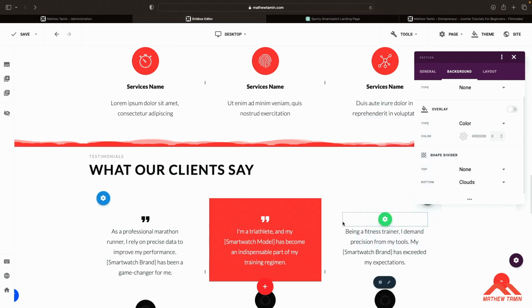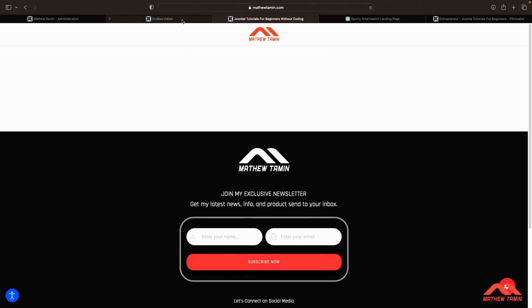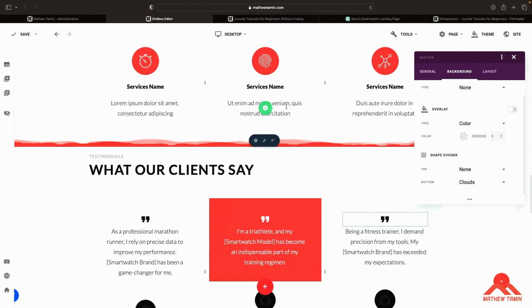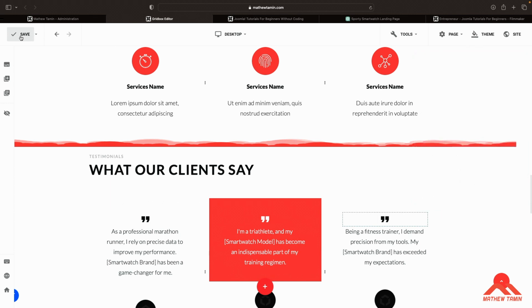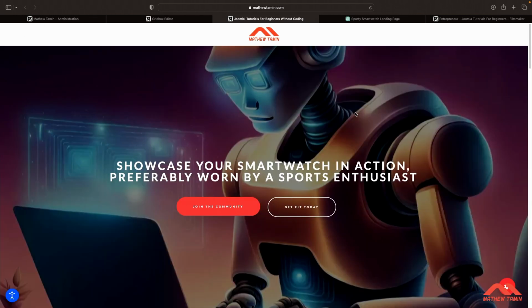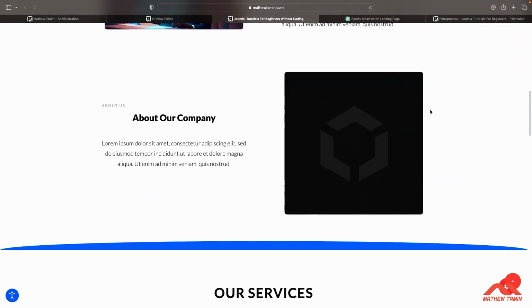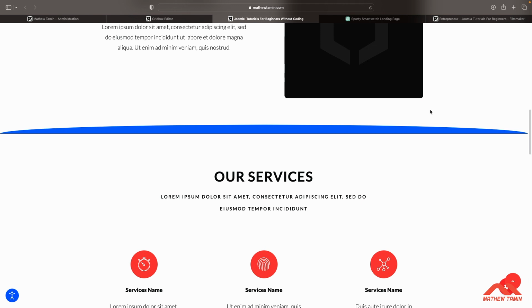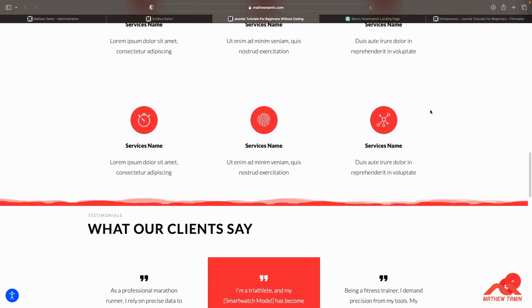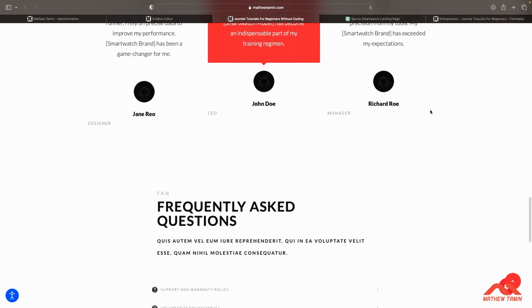Let's say I wanted to see what this looks like on the front end. So I'm going to click on view page. Now I don't see anything yet because I didn't click save. So what I want to do is you want to click save. So now that I click save, literally in just a matter of a few minutes, I've been able to build a landing page, the structure of a landing page that you can go through here and customize